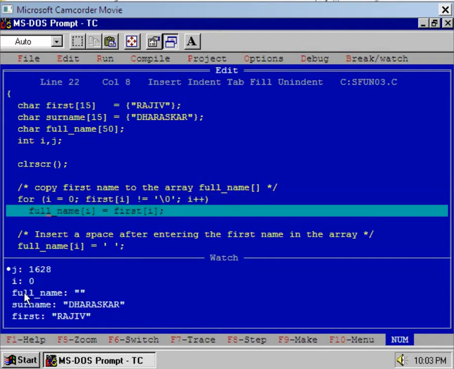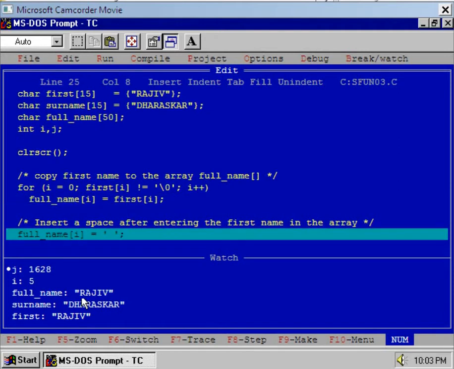Now right now i is equal to 0 and we are copying the first character of the string Raju, that is capital R. Now you see, R is copied to the array full name. Now press F7 key again. A is copied, after that J is copied, then U. Now the for loop is terminated because after the last character in the first name Raju there is a \0, which is the string termination character, and hence the for loop is terminated.